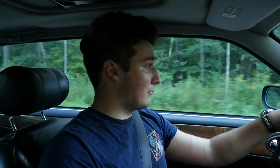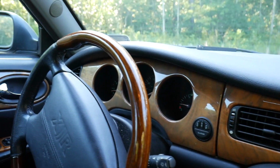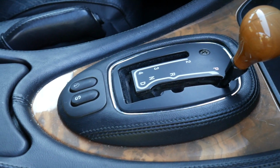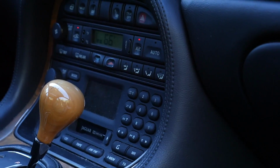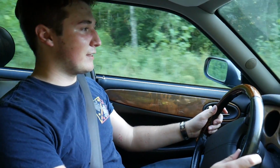The interior feels regal, and it actually seems to have held up really well for being how old it is. The wood is nice, the shift knob and the steering wheel feel nice in your hands. So the car is 20 years old. Some of the electronics are very outdated and a little silly, to be honest, but regardless, it feels nice in here. It's kind of weird how you have a lot of legroom, but it does feel a little bit cramped side to side. But it's really not bad. I feel comfortable. It's an enjoyable car to drive. None of that really matters though, because when you step on the gas,